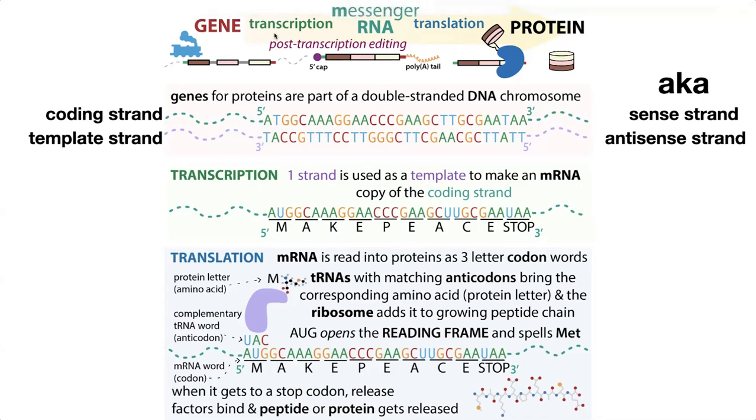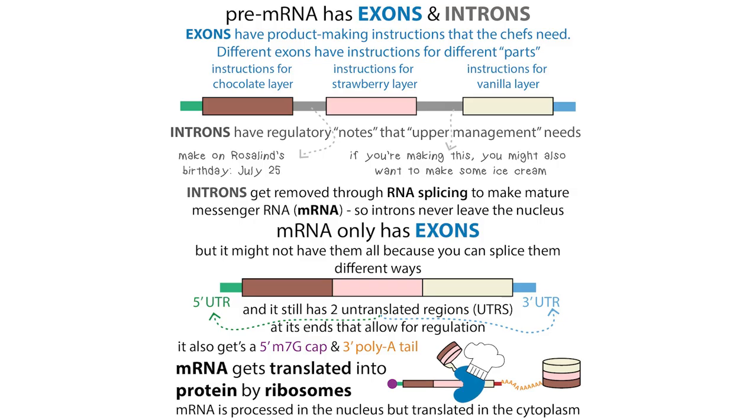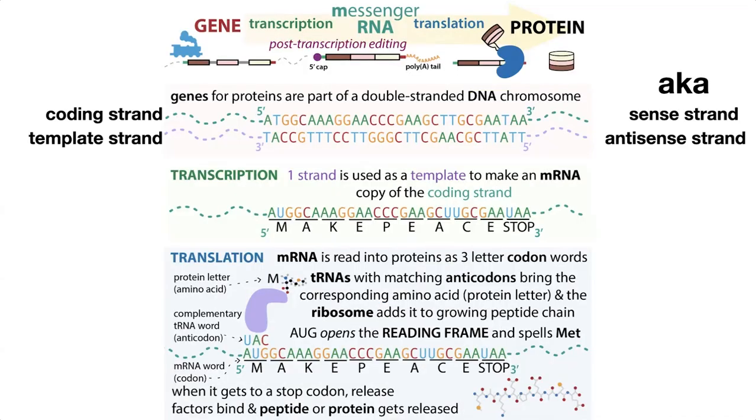So you have a gene that gets transcribed to make a messenger RNA, or I guess after processing, it makes a messenger RNA, and then that gets translated to make a protein. That's in the simplest case. There are some genes that get transcribed to RNA that acts as functional RNA, so it just functions as RNA. But in the case where you want to make a protein, then that RNA is going to be a messenger RNA, and it's going to get processed to form a mature messenger RNA. It gets a cap and a tail and some splicing,